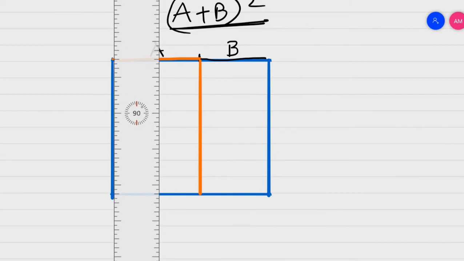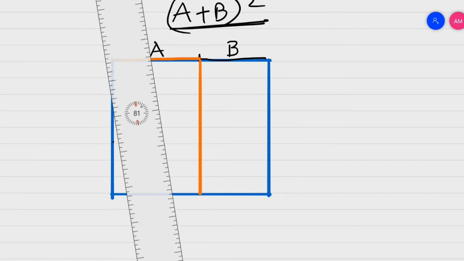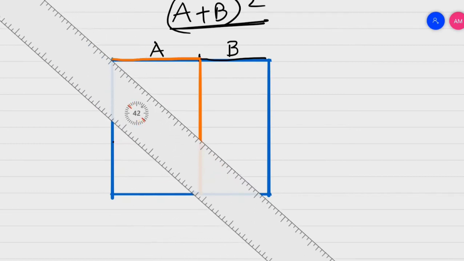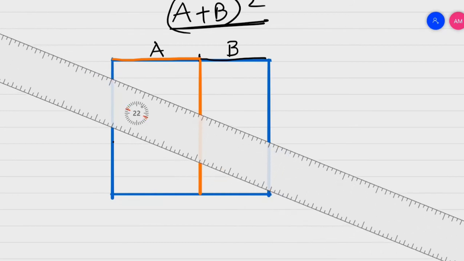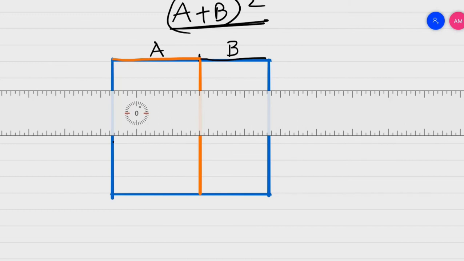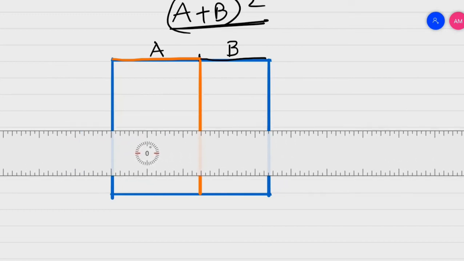So let us say that this up to here only is our A. Okay, this is A. Let us now draw one more horizontal line to get A square. Because we got one side as A, we want one more side as A. Now let me bifurcate this from here.